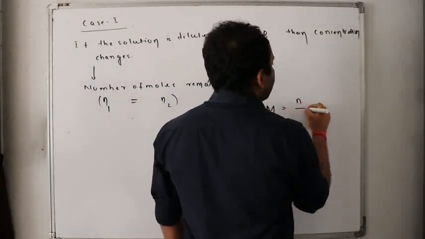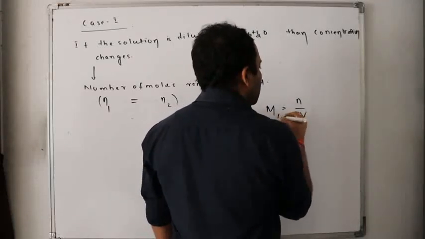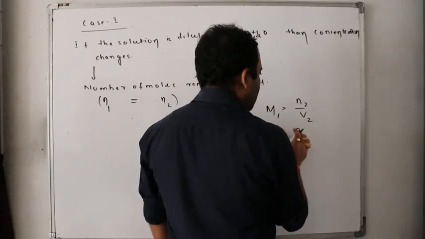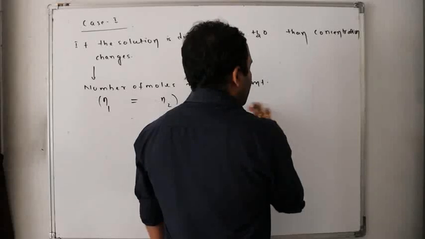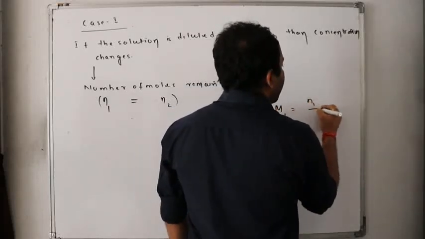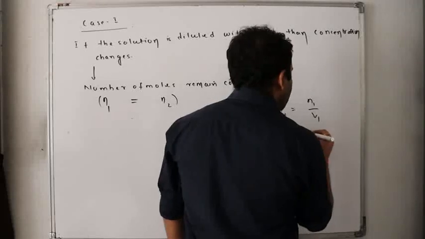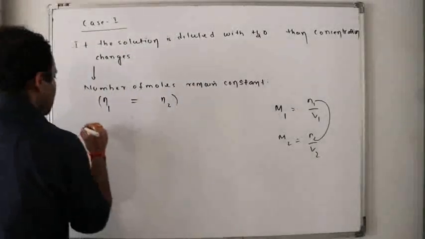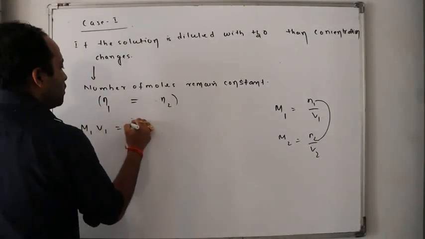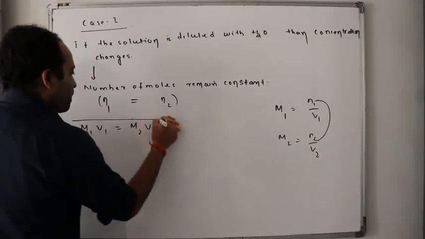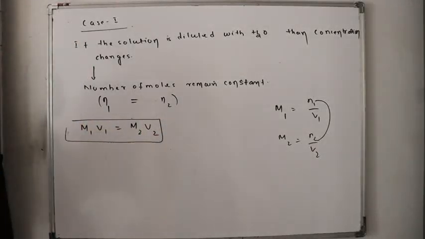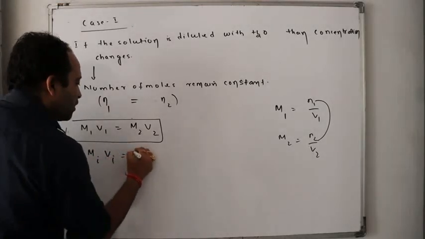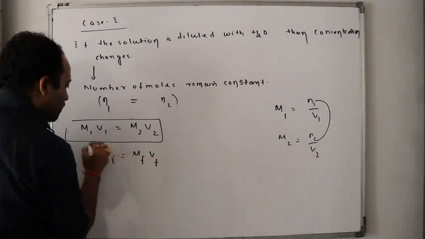Molarity is equal to number of moles by volume. So if M1 is equal to N1 V1 and M2 is equal to N2 V2, and N1 is equal to N2, can I write like this, that M1 V1 is equal to M2 V2, yes or no? Or I can write M initial V initial equals M final V final,